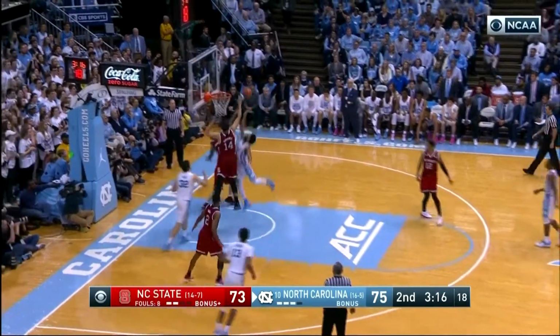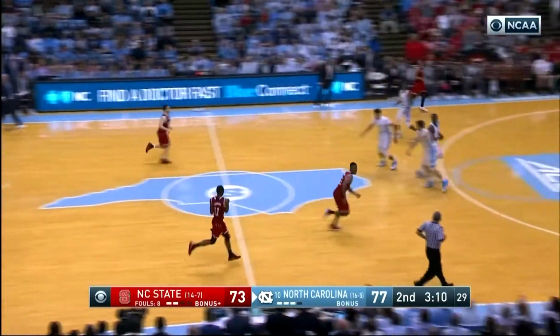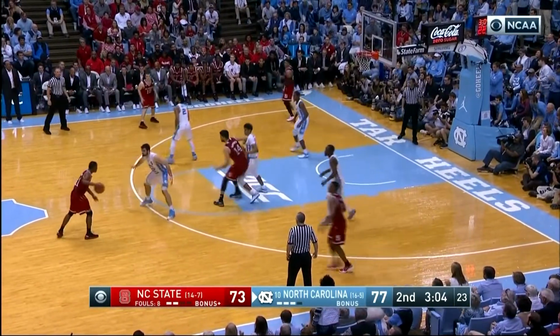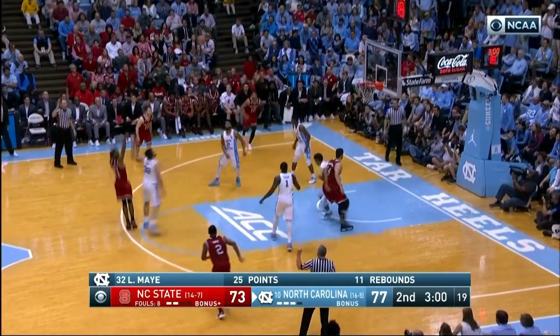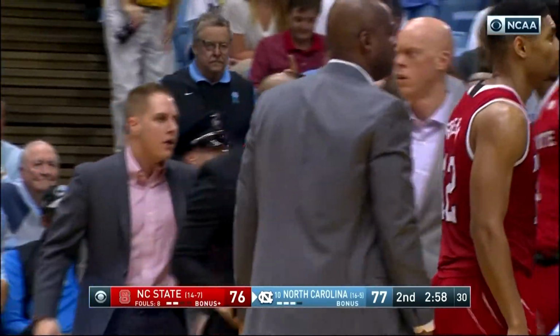Here comes Berry from the corner, taking on all comers, and May is there again. His 10th game this season of at least 20 points. Berry came up limping after that attack to the basket. Tough shot there by Johnson. Wow, showing the handle, crossover into the 3, and then Carolina with a quick